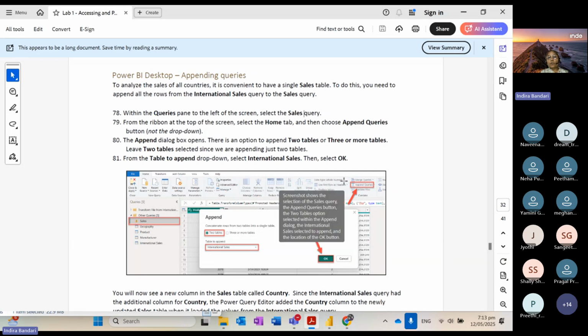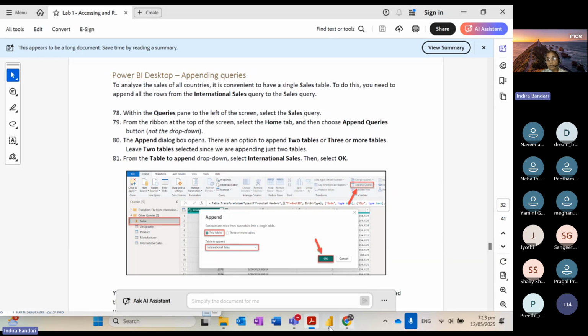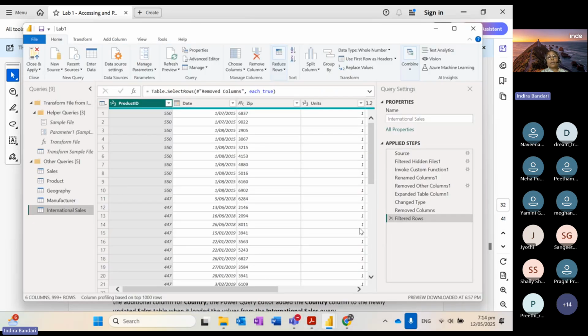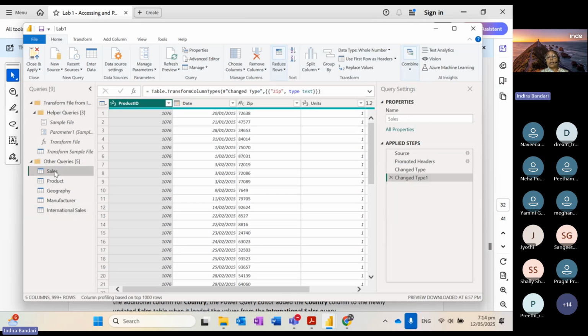First we need to click on the sales tab and then use the append queries button, then use the two tables option and then the table to append. So go to the Power Query editor. Now I am on international sales. I don't want to be on international sales. I will click on sales and then